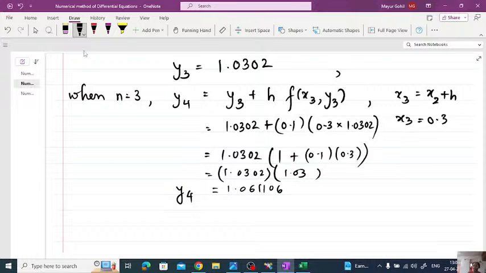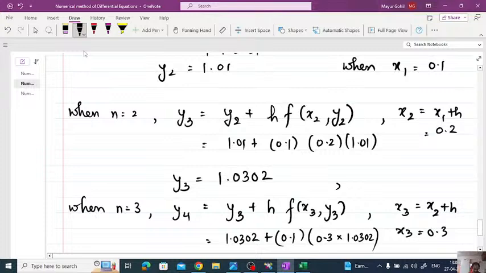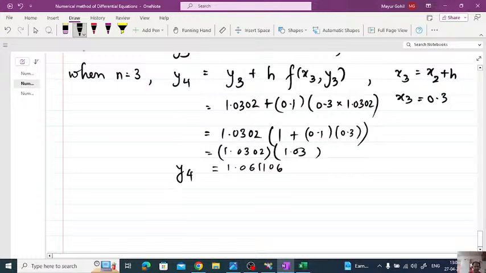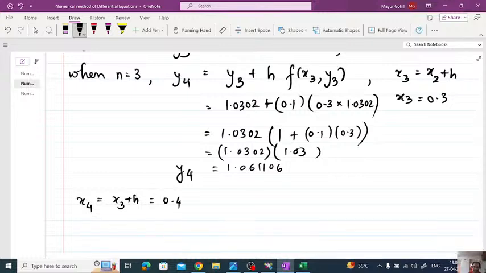ये Y4 है बराबर, तो ये Y4 ही है ना आपका आंसर। Y4 कब मिलता है आपको? Y4 मिलेगा जब X4 तैयार है आपका। तो X4 इज इक्वल्स टू X3 प्लस H बराबर 0.4 हो जाएगा यहाँ पर। और उस पे Y4 होता है जो है 1.061106। हो गया, आंसर इज रेडी। दिस इज द फाइनल आंसर।